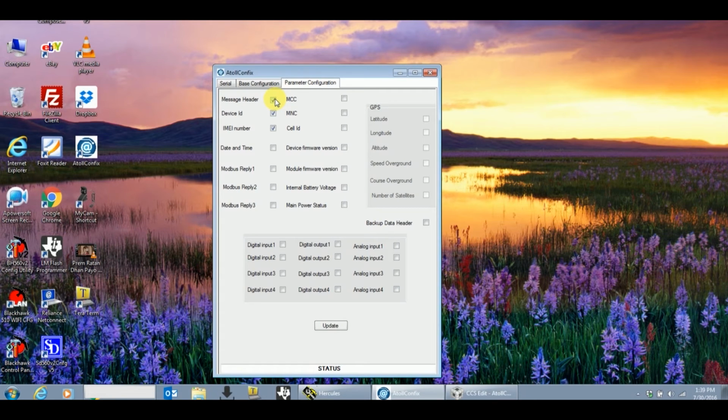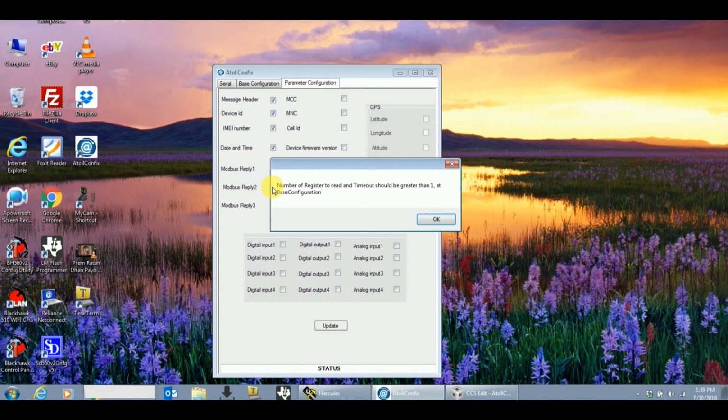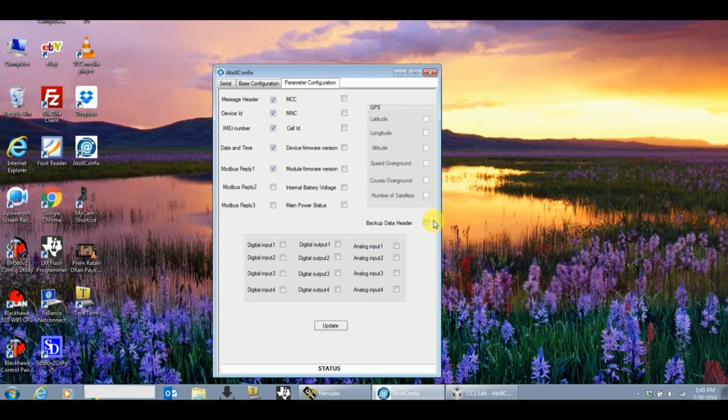If I want to disable one, a user can do so by clicking on the tab. Here I wish to enable date and time, and since I have configured only one Modbus request, let's enable Modbus reply 1. If I enable Modbus reply 2, it will indicate to enable Modbus request 2 in base configuration.